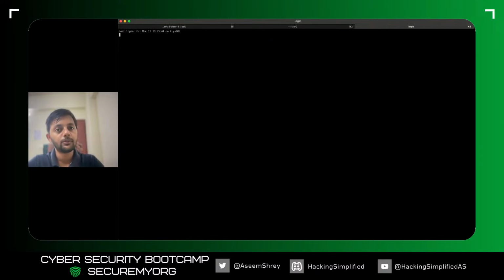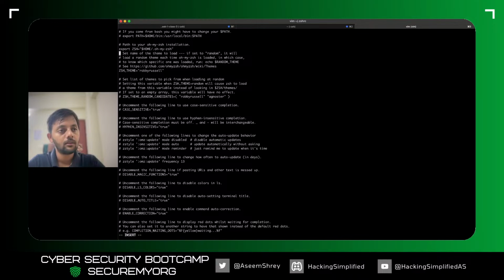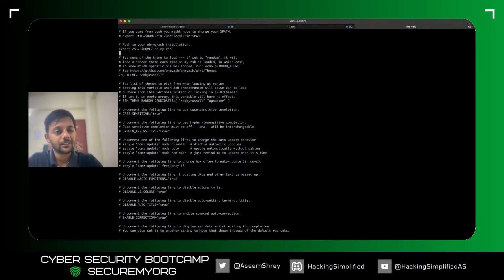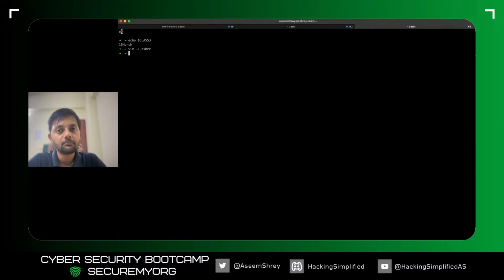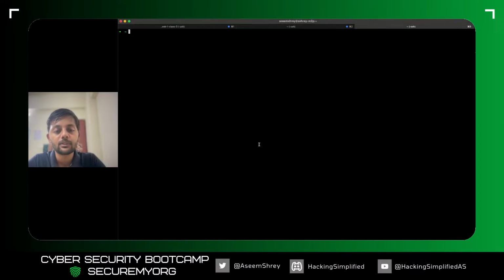Now if I open a new terminal and echo dollar class3, it would give 15 March, because that's being set in the ZSHRC file. I usually like to keep it like that. All the variables, like ZSH theme, are also set here. Whenever the ZSH terminal is loaded, the ZSHRC file gets loaded automatically, and whatever variables are there get loaded too.